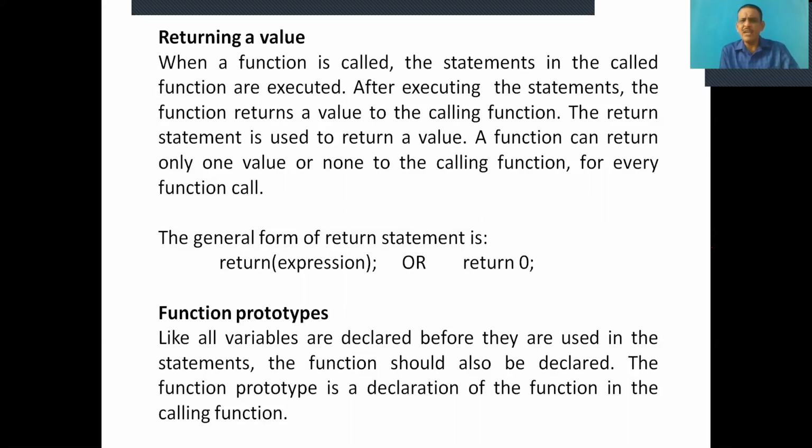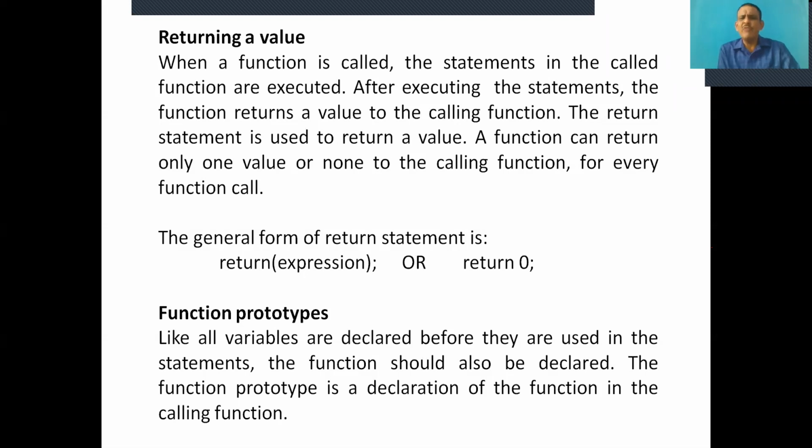There are two forms, return with expression and without expression. When a function is invoked, the called function executes completely, and at the end, if there is only a return, then only control will transfer from the called function to the calling function. This is one case, only return.